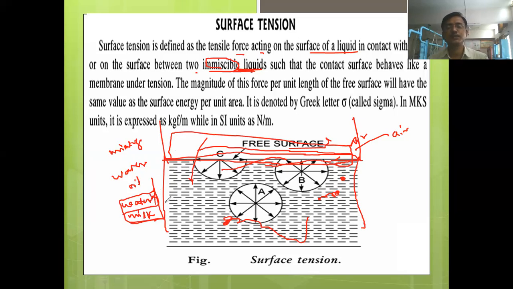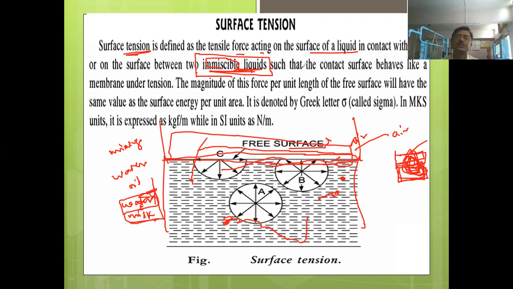Okay, if they were immiscible, then after some time you might have observed that milk is floating on the water. कारण milk is specific gravity water पेक्षा कमी असते. So you might have observed that milk is floating on the water and water is stored below. But as these two liquids are miscible liquids, we cannot show the surface tension in it. For that, two immiscible fluids are required.